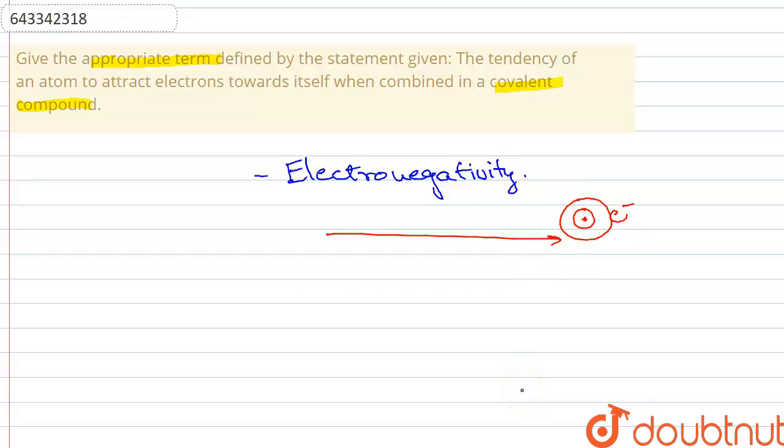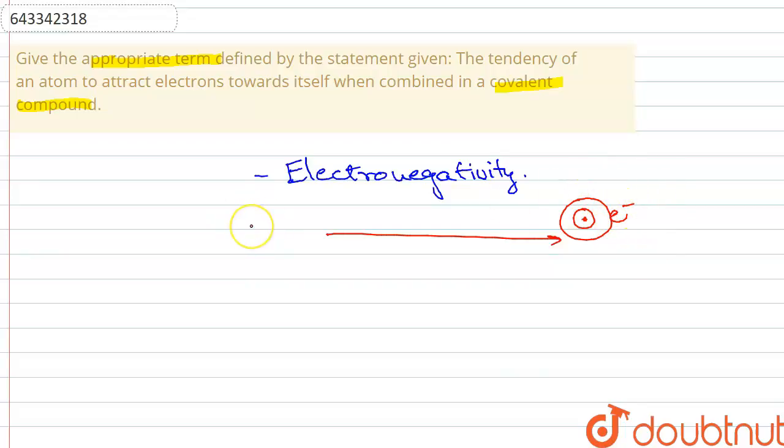And if you see in the rightmost side of the periodic table, we have halogens. They have 7 electrons in their outermost shell and they only require 1 electron to complete the noble gas electronic configuration. So it is very easy for them to attract 1 electron towards themselves and complete the octet. So that's why these halogens will have higher electronegativity as compared to any other atom that is present in that period. Okay, because they require only 1 electron and they will readily accept that 1 electron to complete the